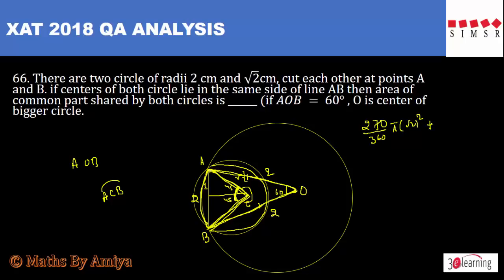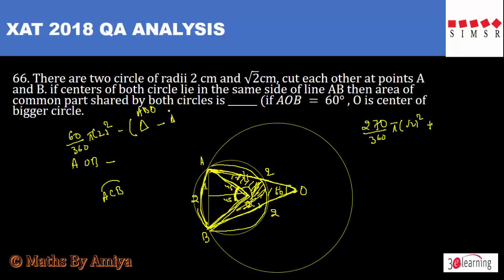Plus we have to find the ACB portion, and this one is nothing but in the bigger circle. So if we find this area, that is AOB, the complete area, minus if we divide this portion, we'll get ABC, the required one. How can we subtract this portion? That is nothing but the bigger circle sector AOB, that is nothing but 60 upon 360 pi r square, minus we have to subtract this portion,